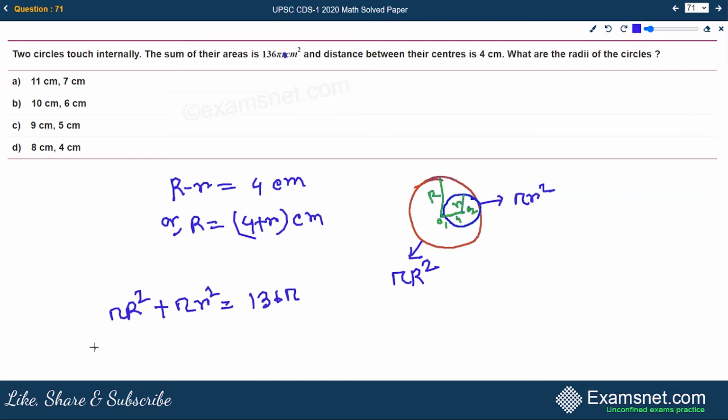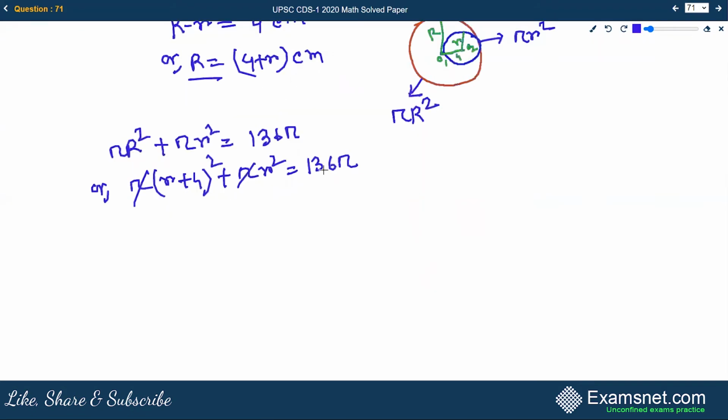So now we can write the value of capital R in terms of small r. All pi will get cancelled. R square is 16 plus 8r plus r square